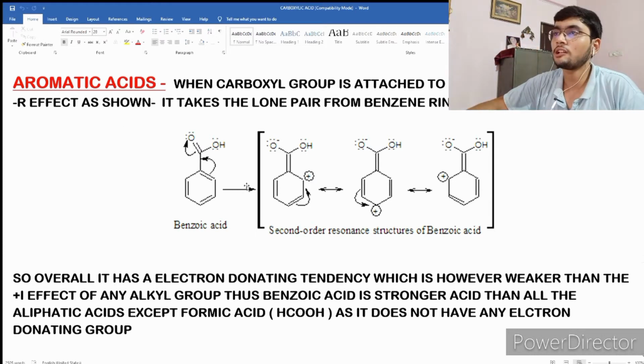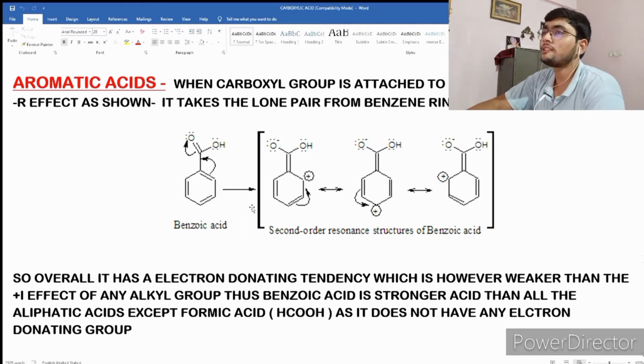As you can see the resonating structure of the benzoic acid, this is a benzoic group. So the oxygen has a double bond on it, so the pi bond gets shifted toward this side, so the carbon will get a positive charge on it, and this benzene will give a lone pair to this carbon atom. Okay, so you see this is the resulting structure in which the ortho has a positive charge on it. Now this bond will get shifted here and the para position will get a positive charge, then again ortho, and then we will get this structure back.